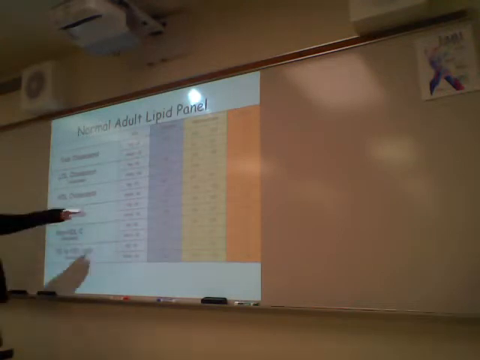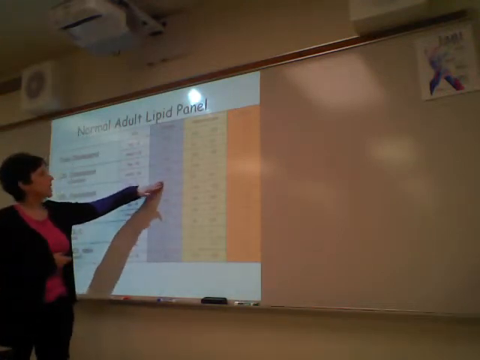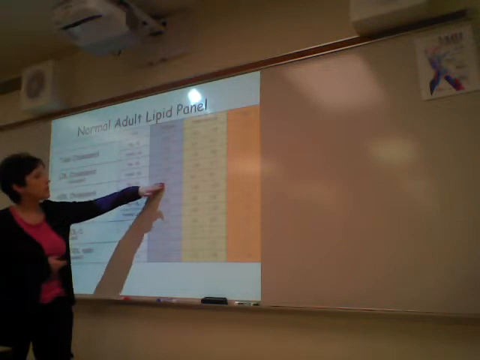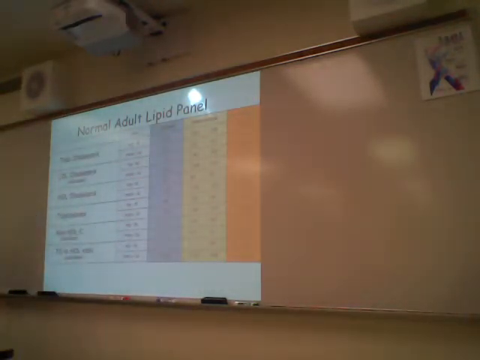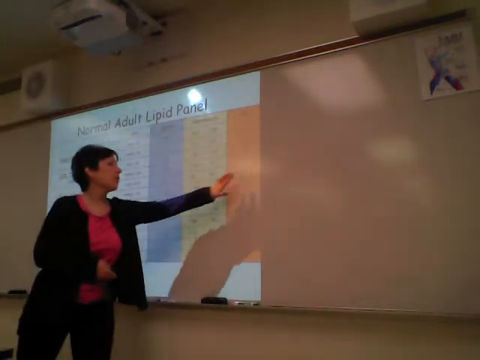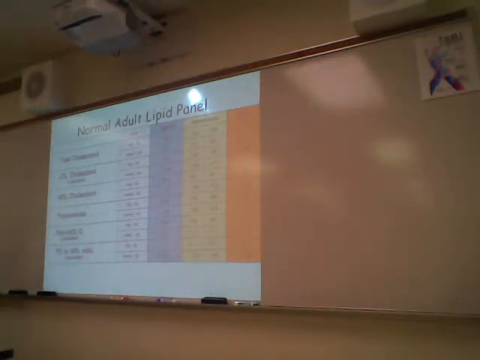So if you have good HDL levels greater than 60, but if you have less than 40, you are going to be targeted to say that your HDL levels are not high enough,